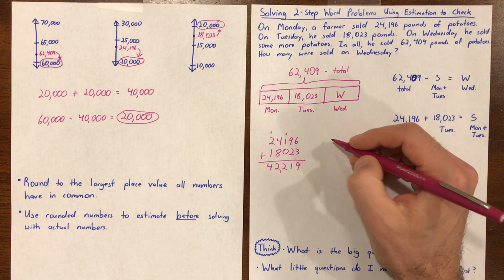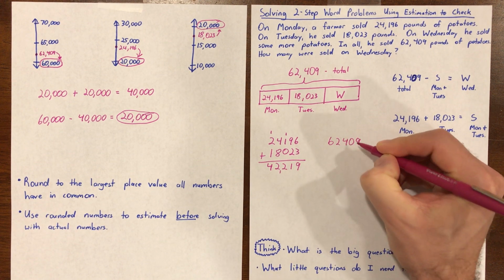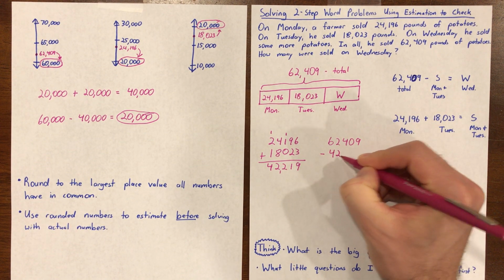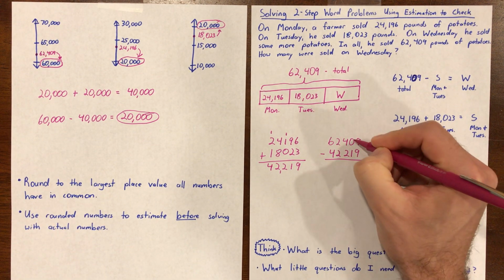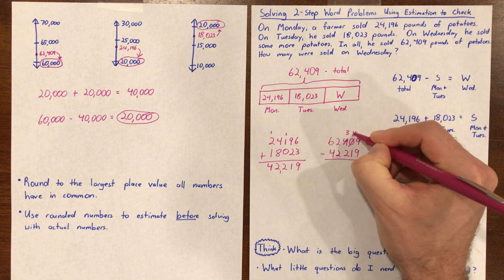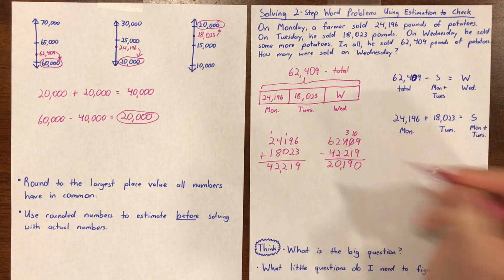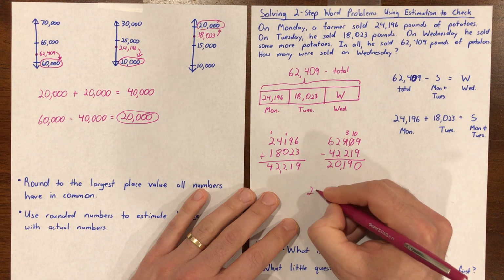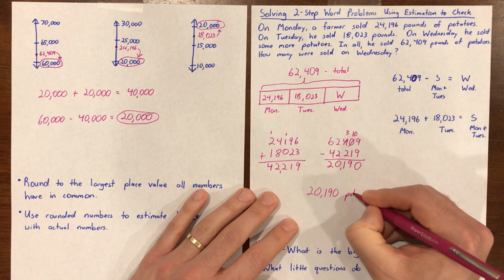And then I'm going to take my total, 62,409, and I will subtract 42,218. Okay, so I got 20,190 potatoes